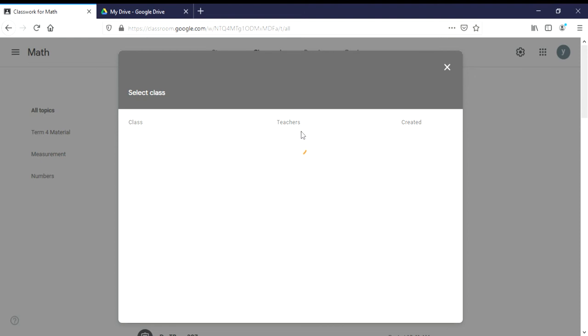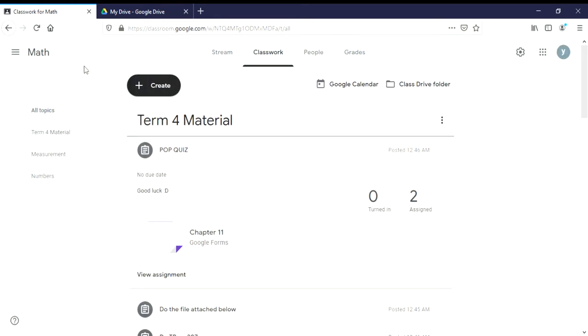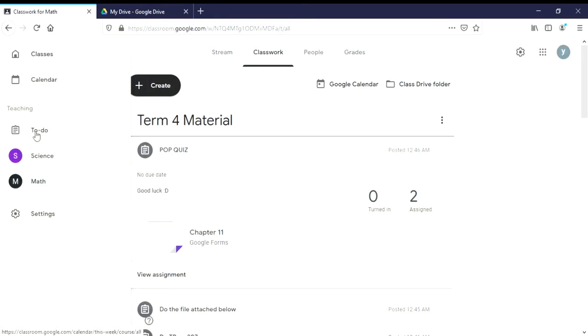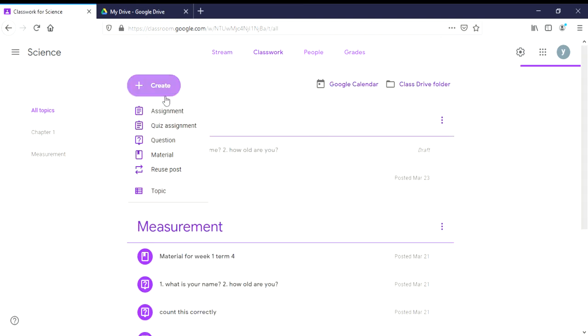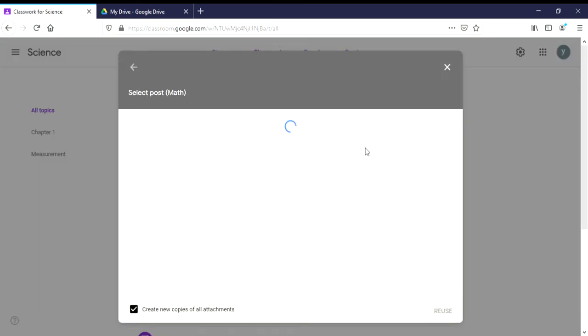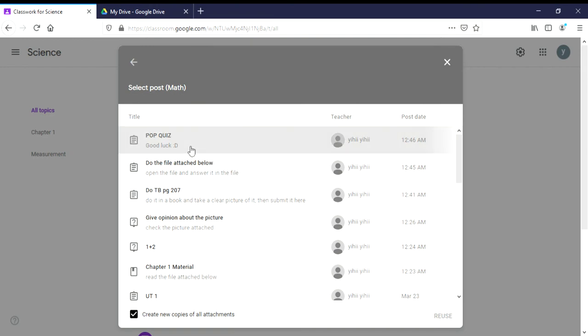I'm sorry, wait. Let me show you. If I go to my science class, let's say that I want to post another one. So I will just create and then reuse post the pop quiz. Make a copy of all attachments. That means everything attached in the assignment that you want to copy will be attached here as well.